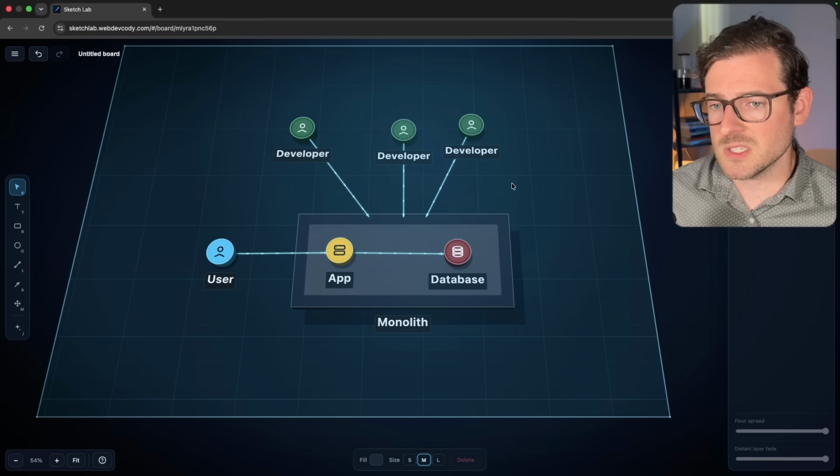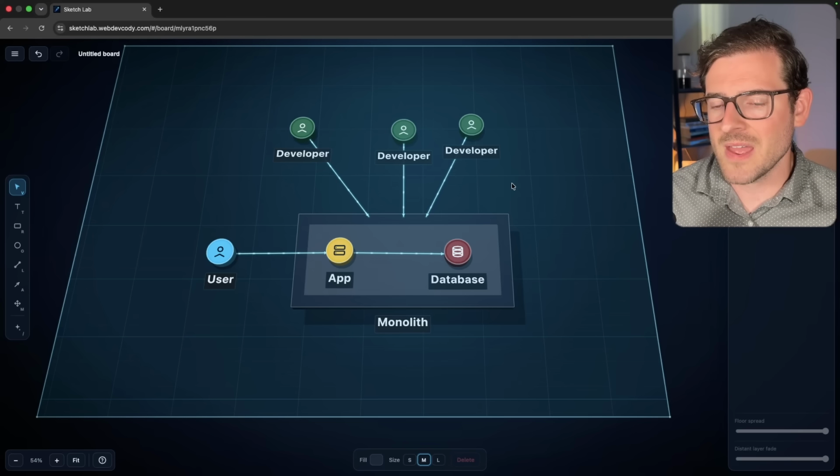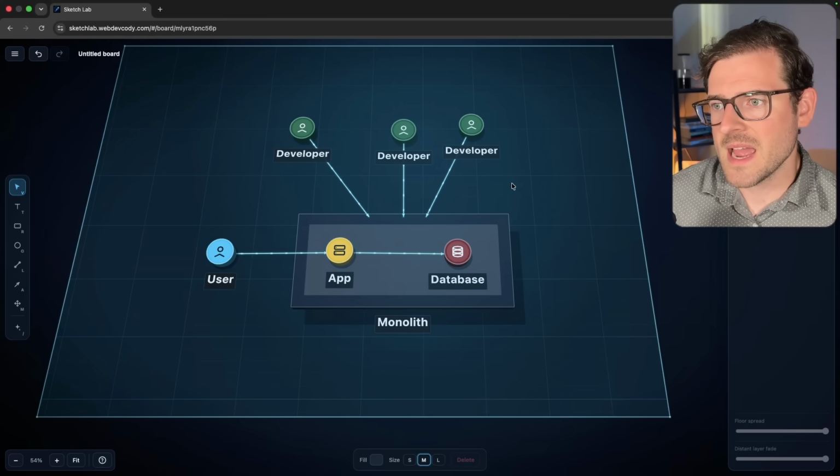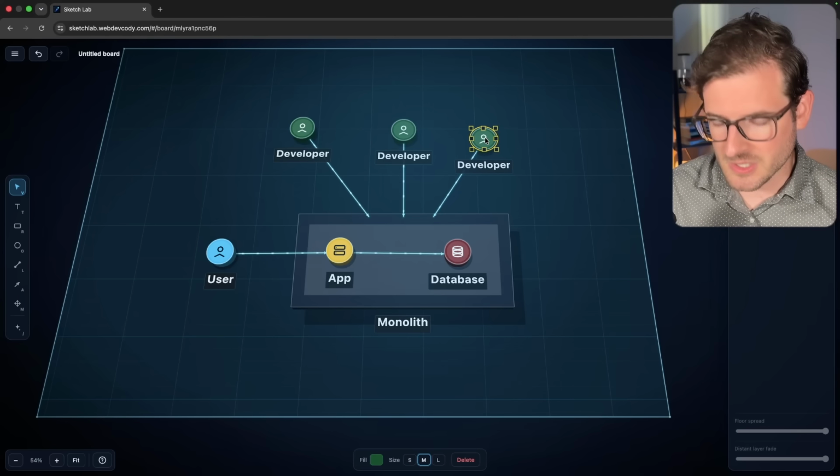And for the most part, this works perfectly fine. If you're a small company, a startup, a side project, the less moving parts you have, the easier it is to understand the code base and also to maintain it. Now, granted, adding AI into the equation does change it a little bit because now it's much easier for a developer to jump into a new project and understand it.